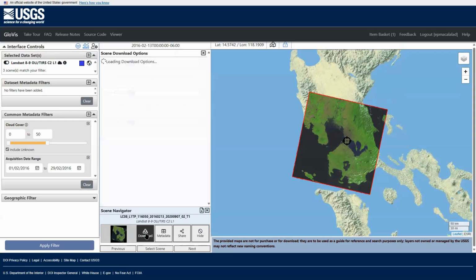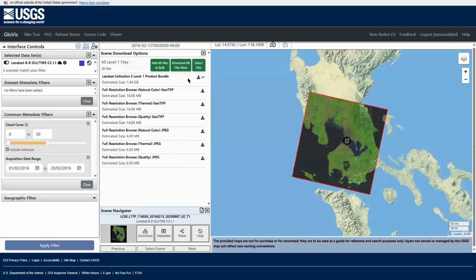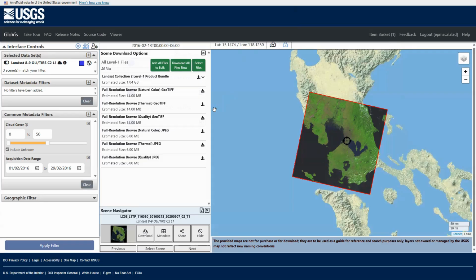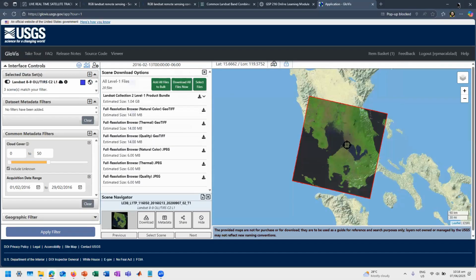Click for download options. Then just click download files now, or you can add this to bulk. So yun yung sa item basket. So select this. Want to make sure that it's downloaded. Okay, tama ba?